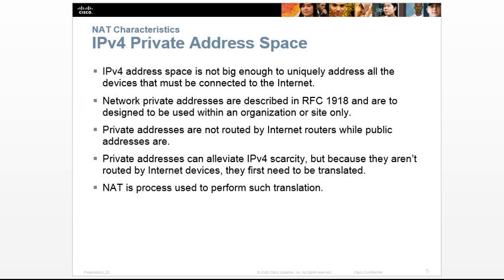Then on top of that, lots of other devices are connected now. If you've got a PlayStation or a Wii U or even some cable boxes, DirecTV, Dish, all of those things